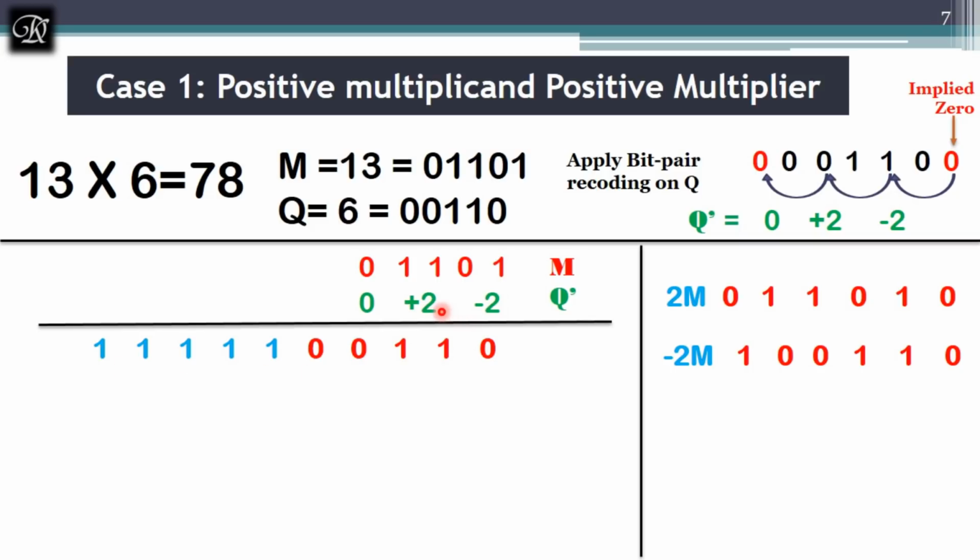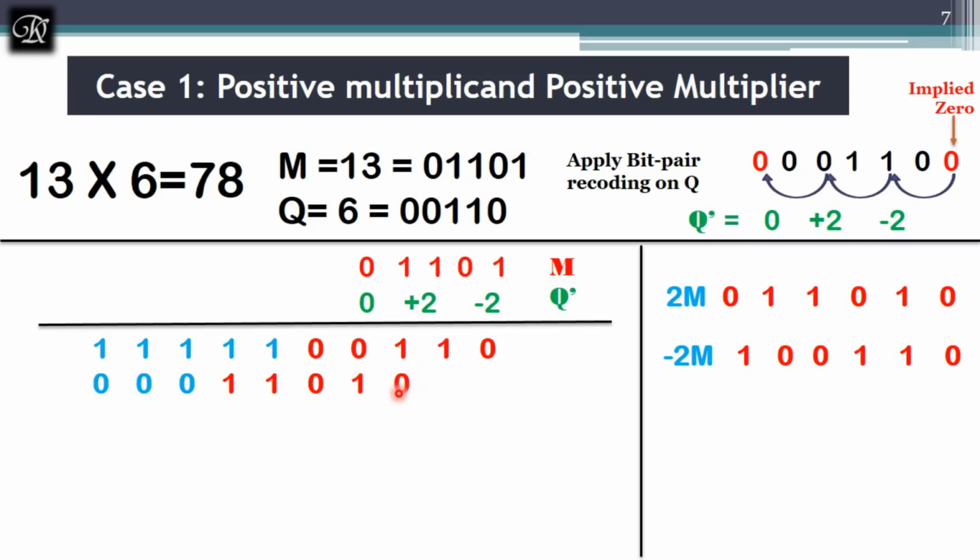And next I am having positive 2, that is 13 into 2, 26. I have an answer over here. Directly I will write it, but there is one more rule. In the previous case we used to leave 2 spaces over here. One space we are going to leave, but here you have to leave 2 spaces. You should not start with this position. You should start with this position here. That is the one more rule of the bit pair.